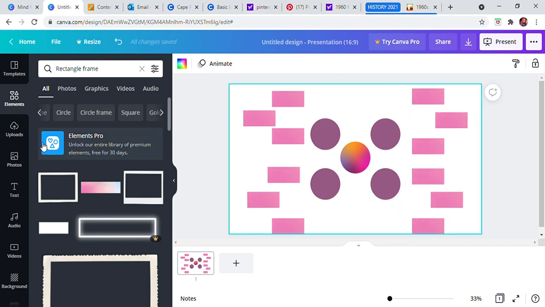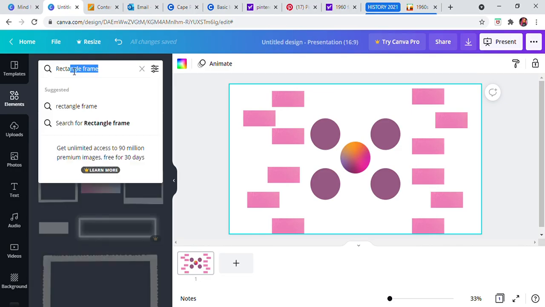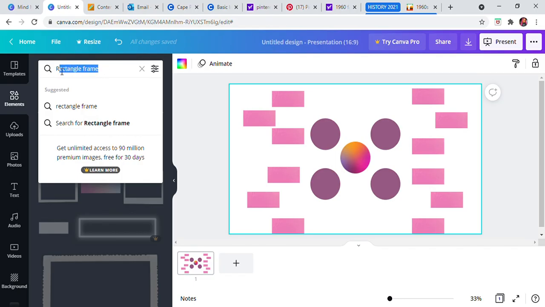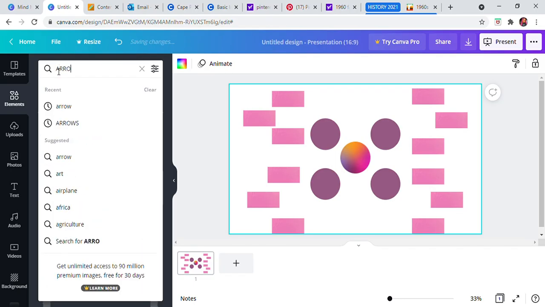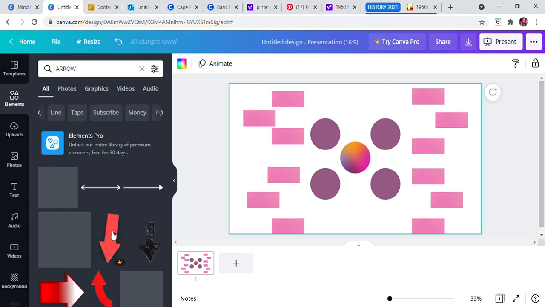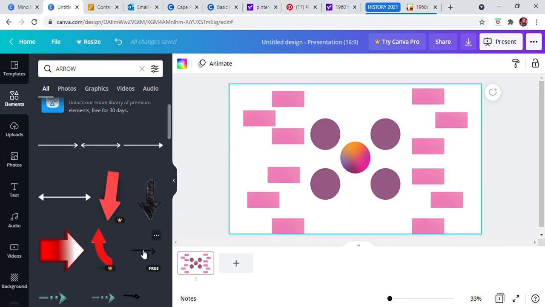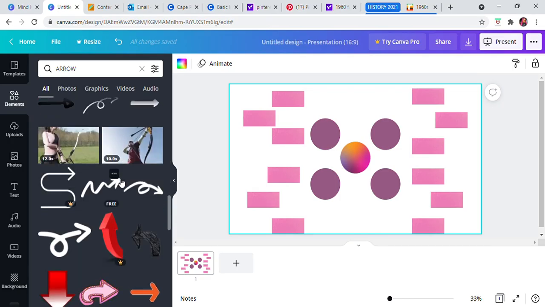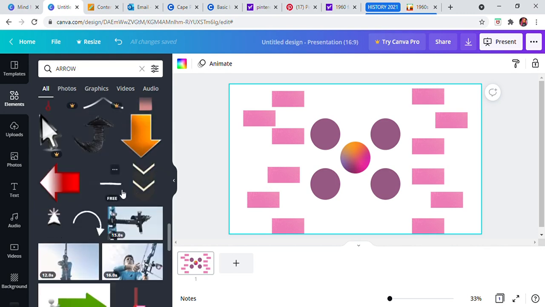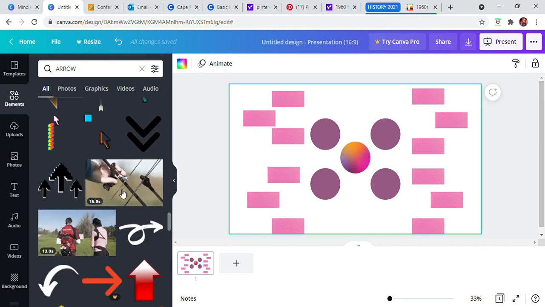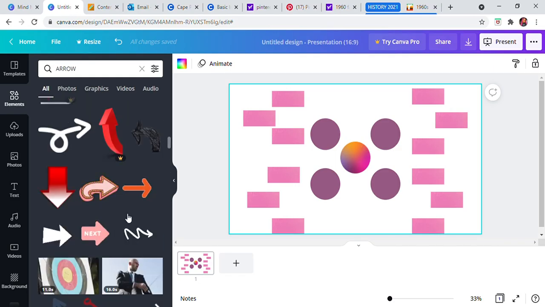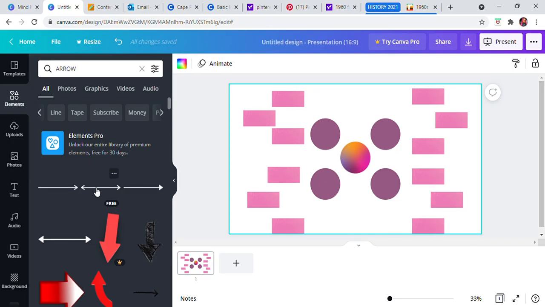Okay, that's fine. I will go over to elements right there. We already had a rectangle frame, but now I'll just say arrow, and then I'll hit enter. You have both-ended arrows, you have one-ended arrows, you have animated arrows, you have more creative arrows. So it depends on the project that you are doing. So you click on the arrow that you want. For a mind map, I would advise that you use this